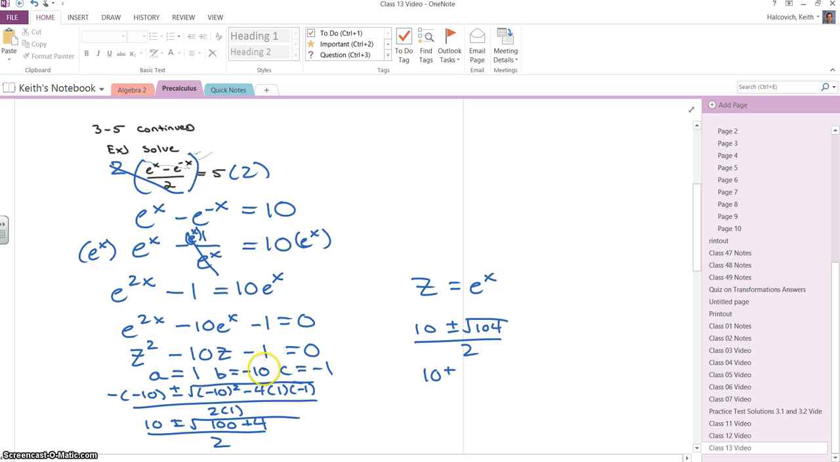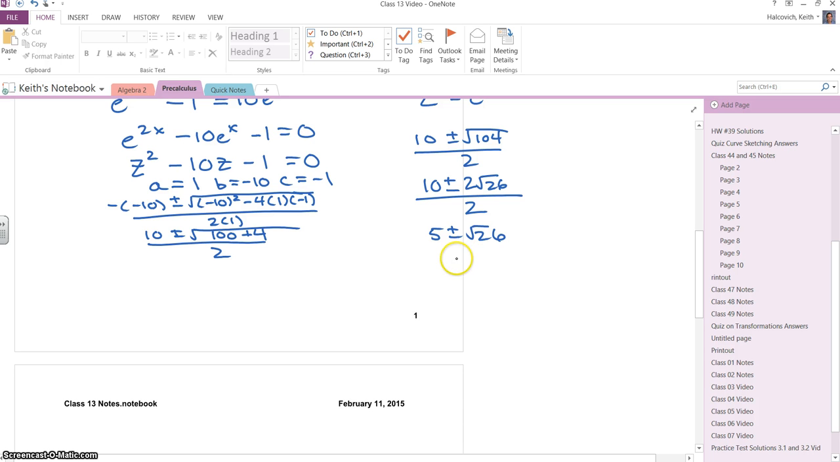The square root of 104 is the same as the square root of 4 times the square root of 26. So that's 2 square root 26 over 2. And then you can simplify by factoring out a 2 from everything. So you get 5 plus or minus the square root of 26. So that means z equals 5 plus or minus the square root of 26, which means e to the x